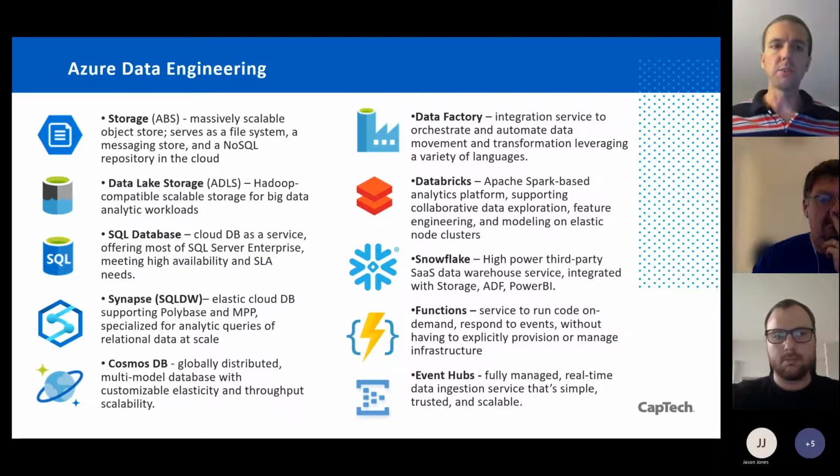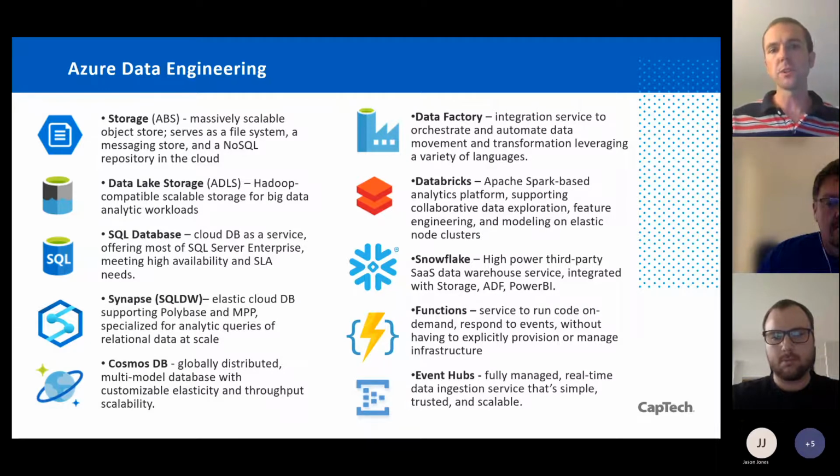That is Hadoop compatible scalable storage for big data workloads. It is meant to be used with large data sets. It is also meant to be used with files, as opposed to traditional databases where you think in terms of rows and columns being built into an MDF in the background. This is built on Azure Storage using the hierarchical namespace that exposes folders. So it looks like your traditional Windows Explorer structure, and you can have lots of different types of files, but typically the files that are exposed for querying are in what's called Parquet file format or some sort of compressed format. Sometimes they're in Avro. But today we're going to talk about Parquet files in Data Lake.